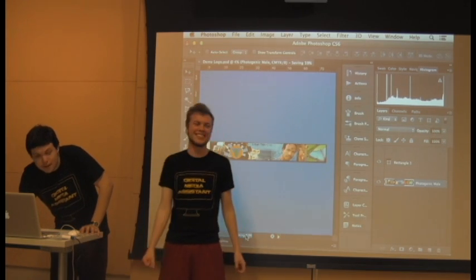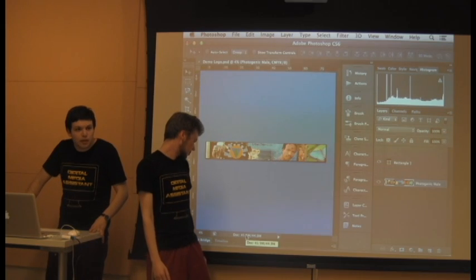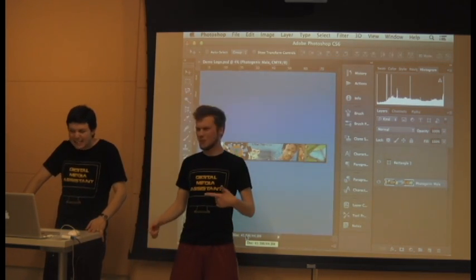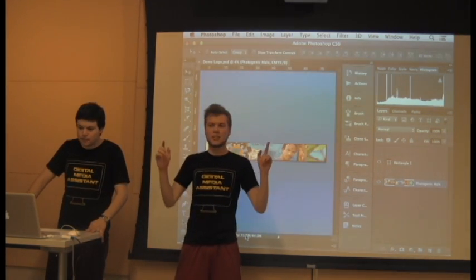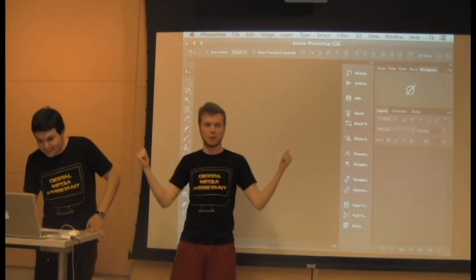Alright, there's the status bar. This is new to CS6 as well. While we wait for this to save, it actually lets you keep working while you're saving your document, which is fantastic. Ooh, that's very new. That increases workflow. Synergy. Synergy, workflow,